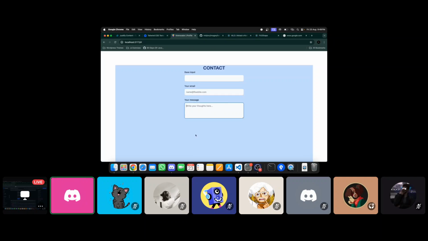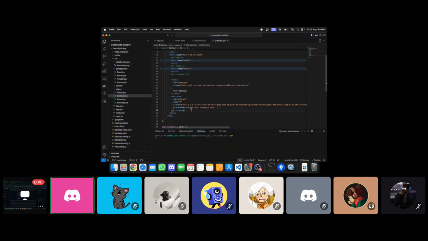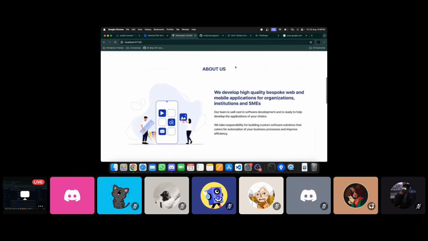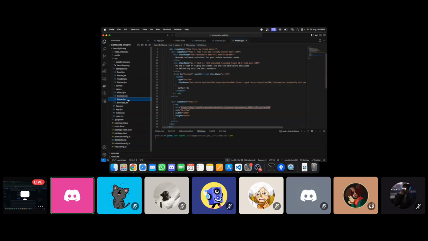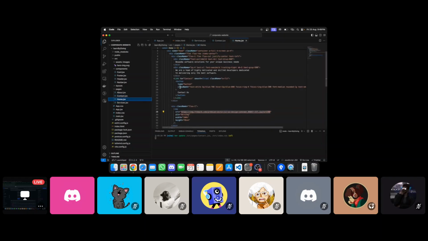But then how are we going to submit? We need a button. So let's add a button. We can use the same button that we used at the header. We can also use this button. Since we are using buttons at various places, let's check where we can make this our component.